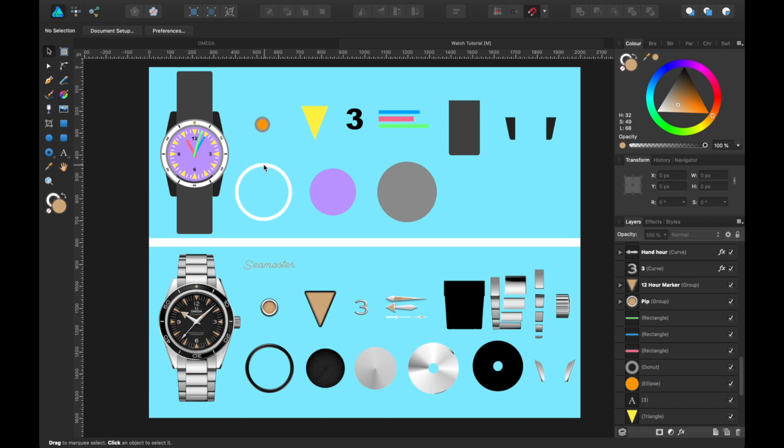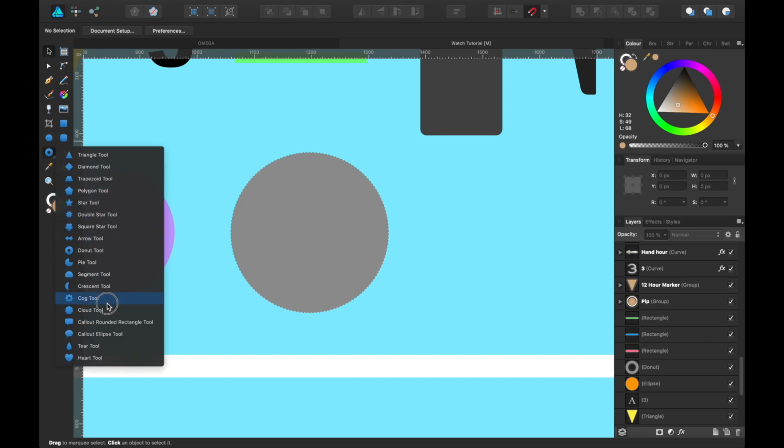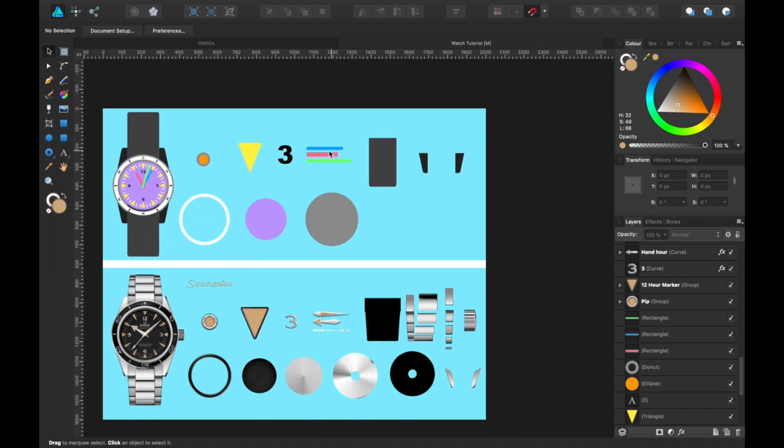As you can see, you've got the bezel, the halo there used with the donut tool. You've got the circular tool here, the ellipse tool, the rectangular tool up here, and we've messed around with the corner tool and the teeth option, like I said over here. It's the cog tool. These are the hands, seconds, hours, minutes, and the hour markers, etc.